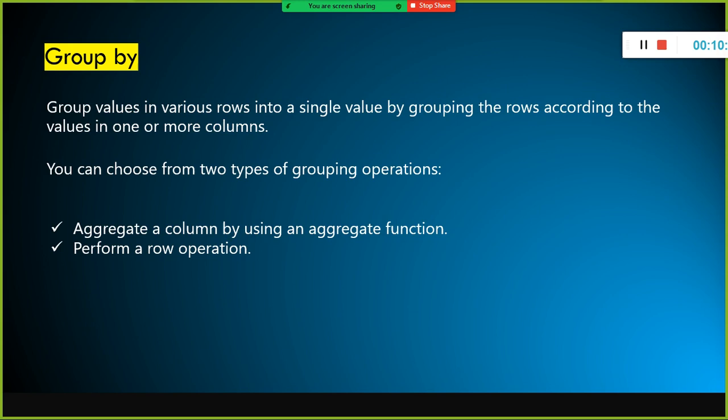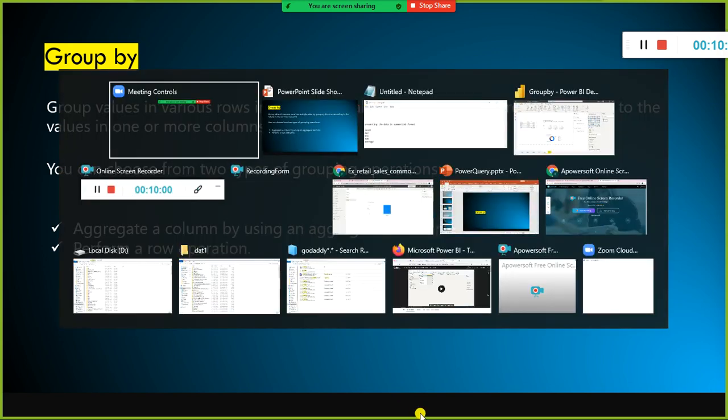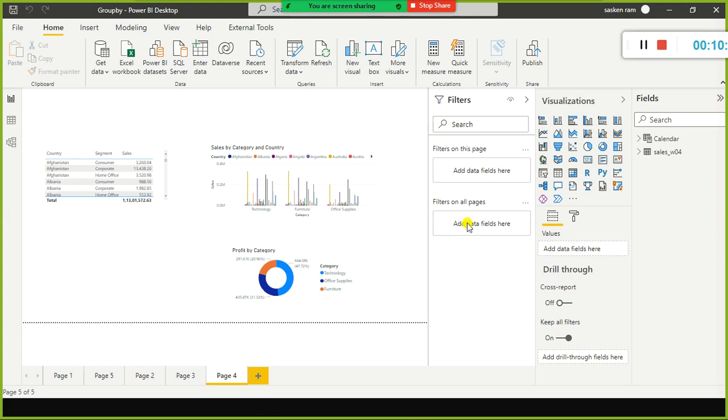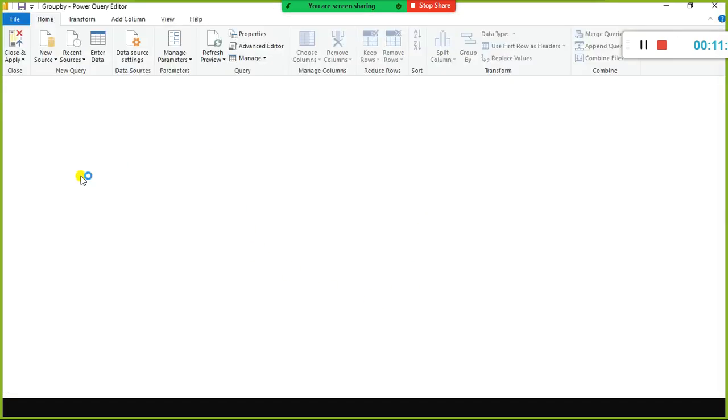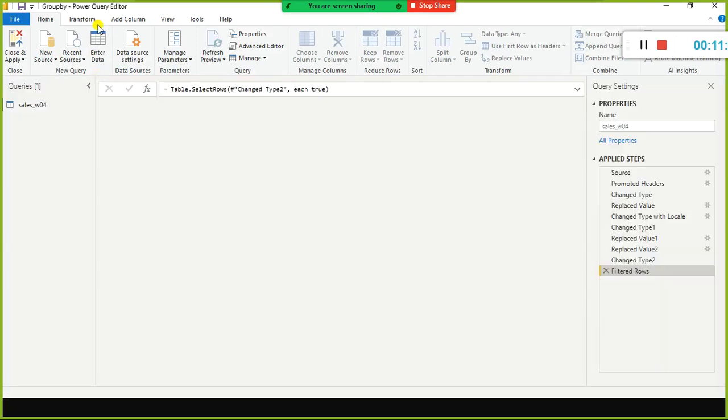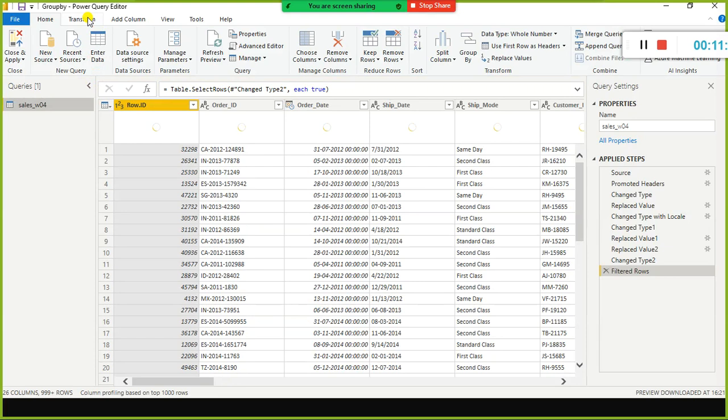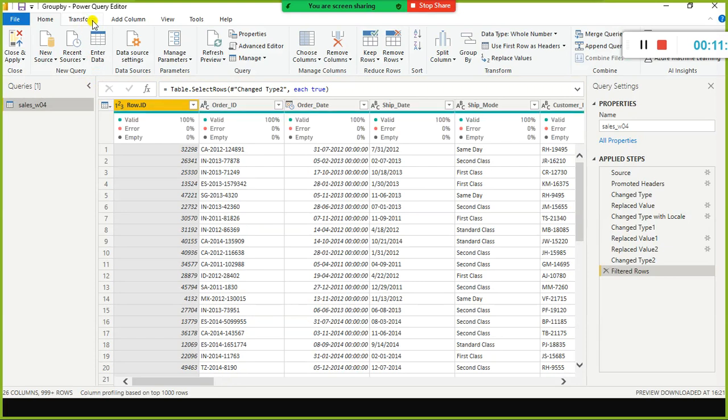Now I'll go to Power BI. I just created a new one. I go to Transform, I click Transform in the menu.